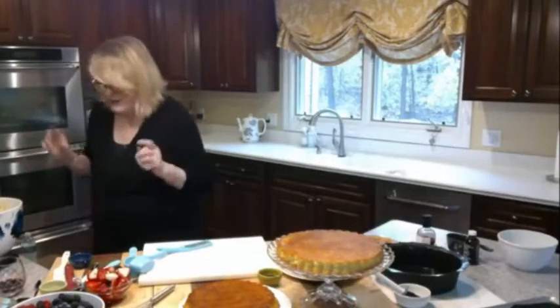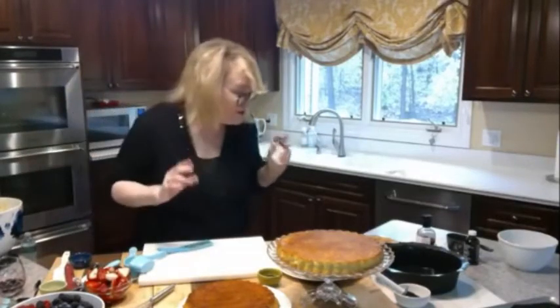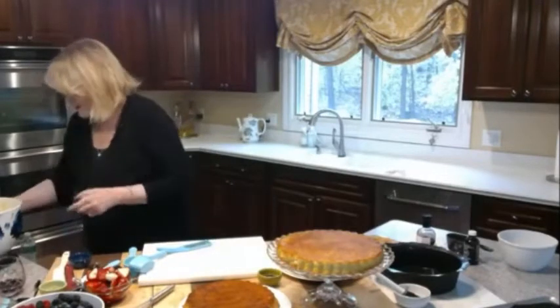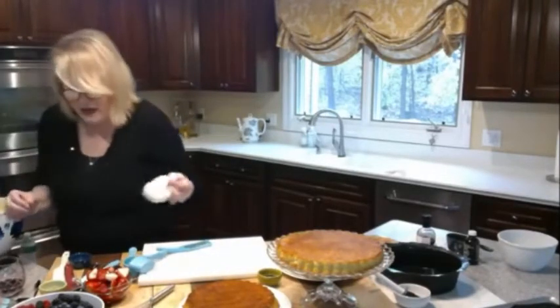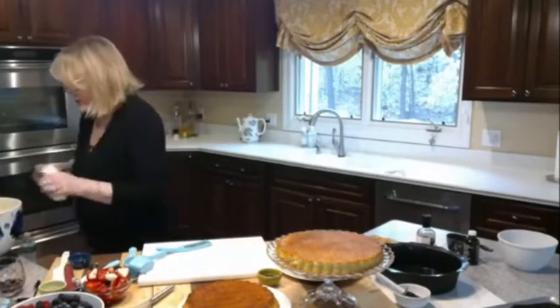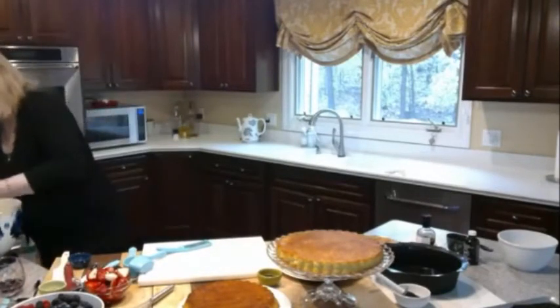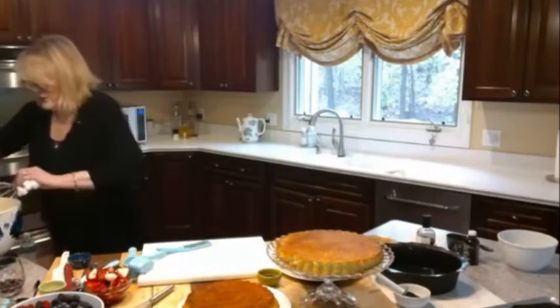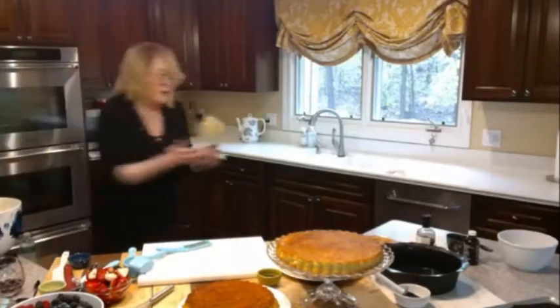This is a dreamy mix. This is what I love. When you see your mix like this, it's very exciting. It just looks like absolutely the best thing ever. So I'm going to take a spatula, take this one here from the fruit. And I'm just going to fold in the ingredients